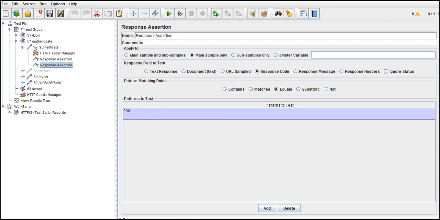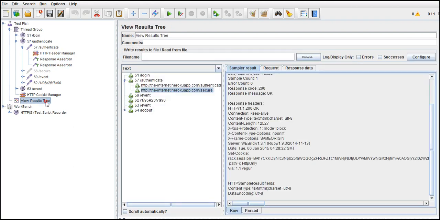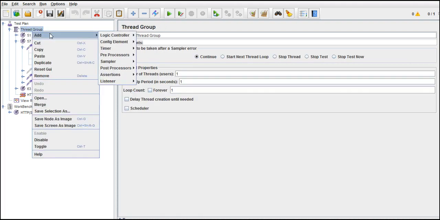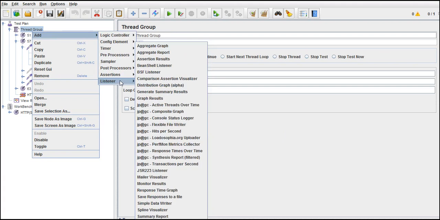Now to see the results of your assertions, one thing is sure: if an assertion fails, here it will show as a red mark. If you want to know the details of why it failed, what it was expecting, and what it printed finally, for that information you need to add one more listener, just like results.